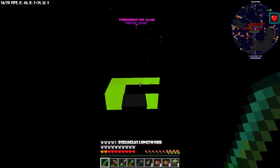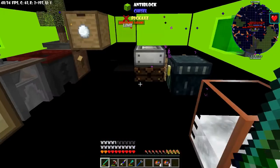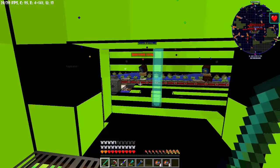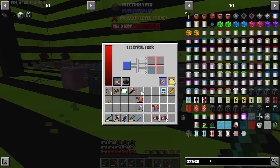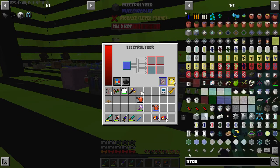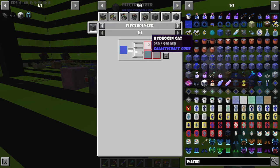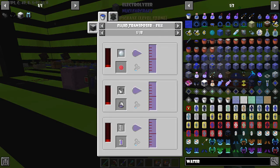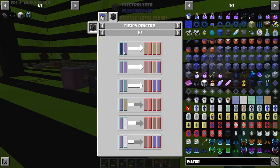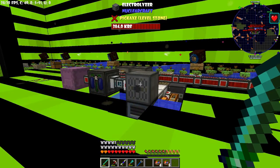Anyway, this electrolyzer takes water from the aquatic accumulator and turns it into oxygen. Now, if any of you want to put a fusion reactor on the moon, because, you know, reasons, it produces hydrogen and deuterium from water, and you can actually use both of those in the nuclear fusion reactor. I mean, I don't see why you'd want to do that, but if you do want to do that...